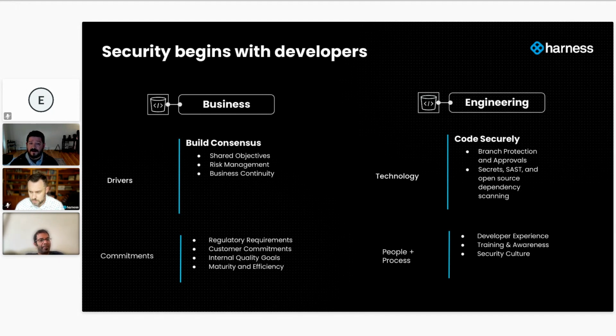From there, another top of mind item for me is building consensus. This isn't a one-man show. This isn't a one-team show. Information security, like we talked about, is a shared responsibility. And so building consensus and agreement with our colleagues around the business is particularly important. I want to understand what some of the common goals and investments are that we share with the technical teams.